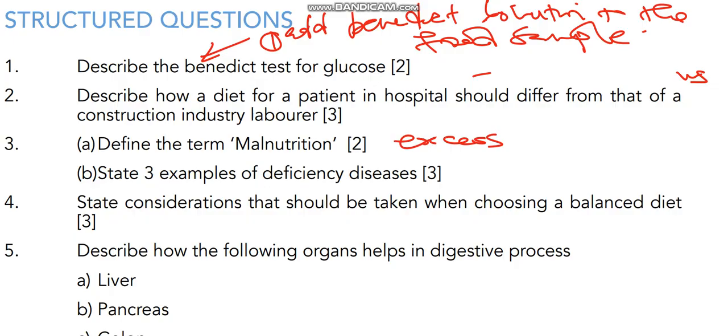Then moving on to the next question, it says state 3 examples of deficiency diseases. When we are talking about deficiency diseases, we are talking about those diseases that are caused by lack of an important nutrient. So examples of deficiency diseases include, number one, obviously goiter, and kwashiorkor,